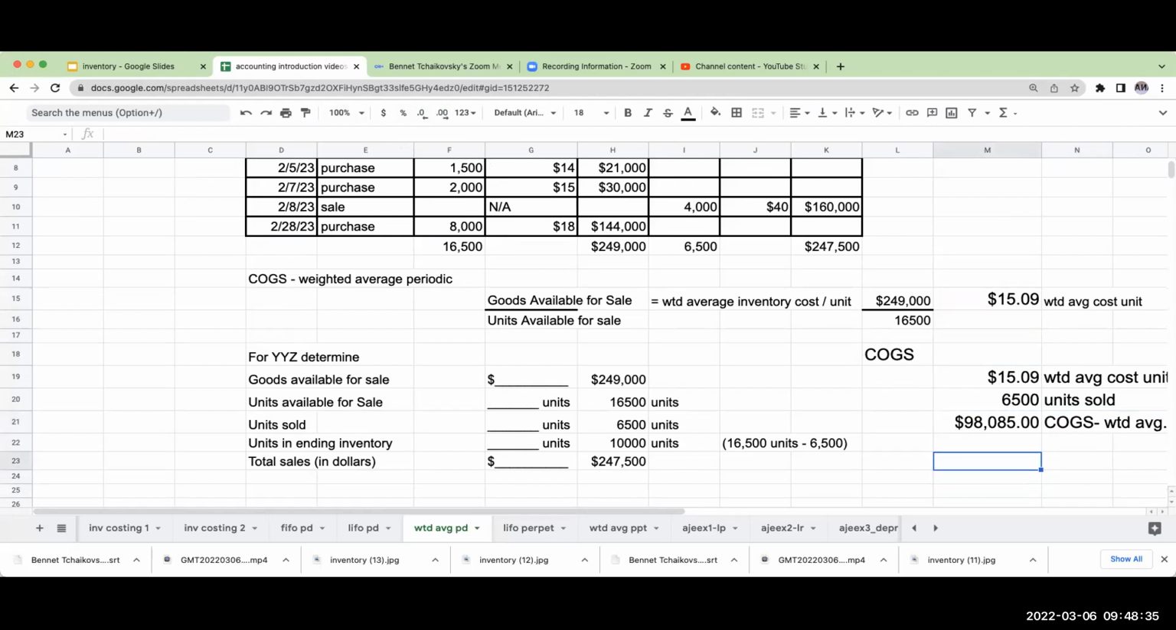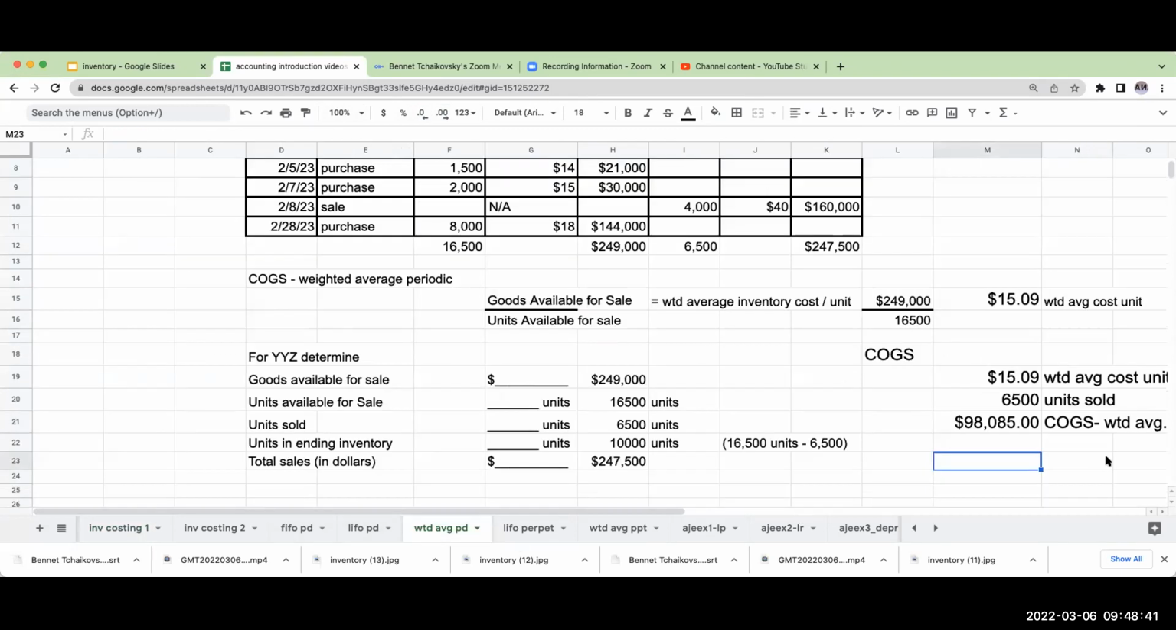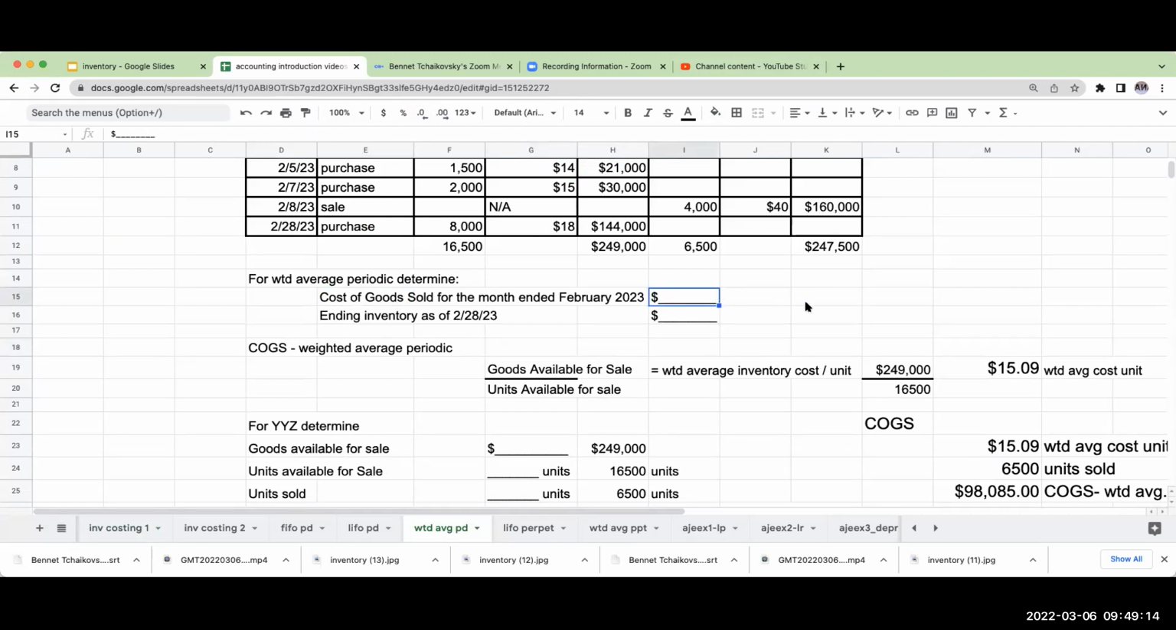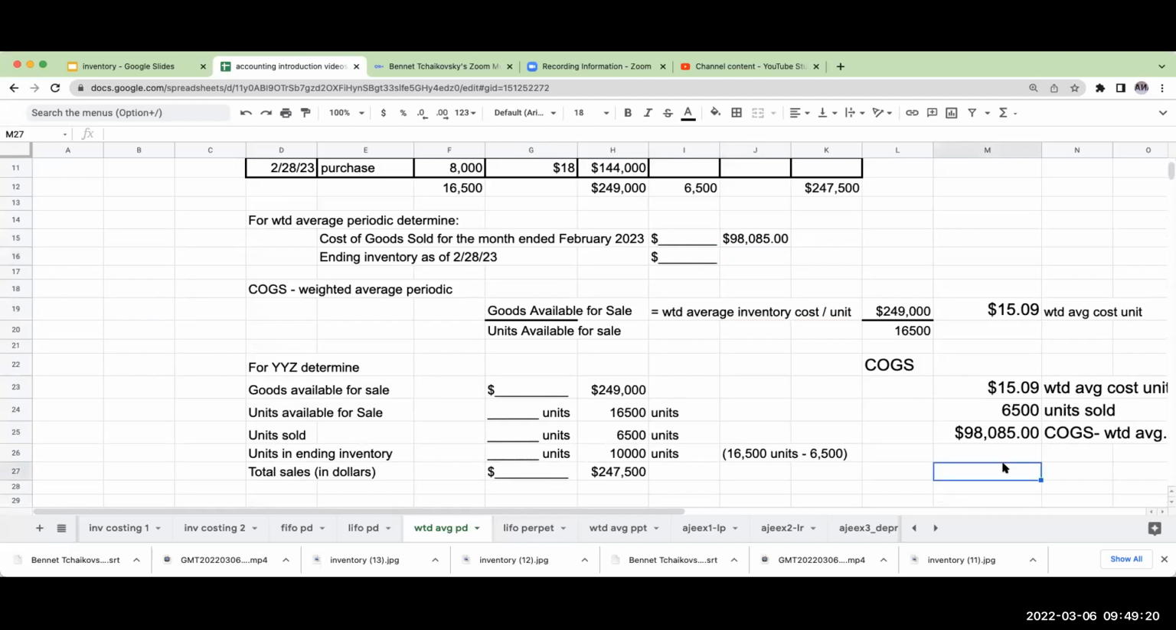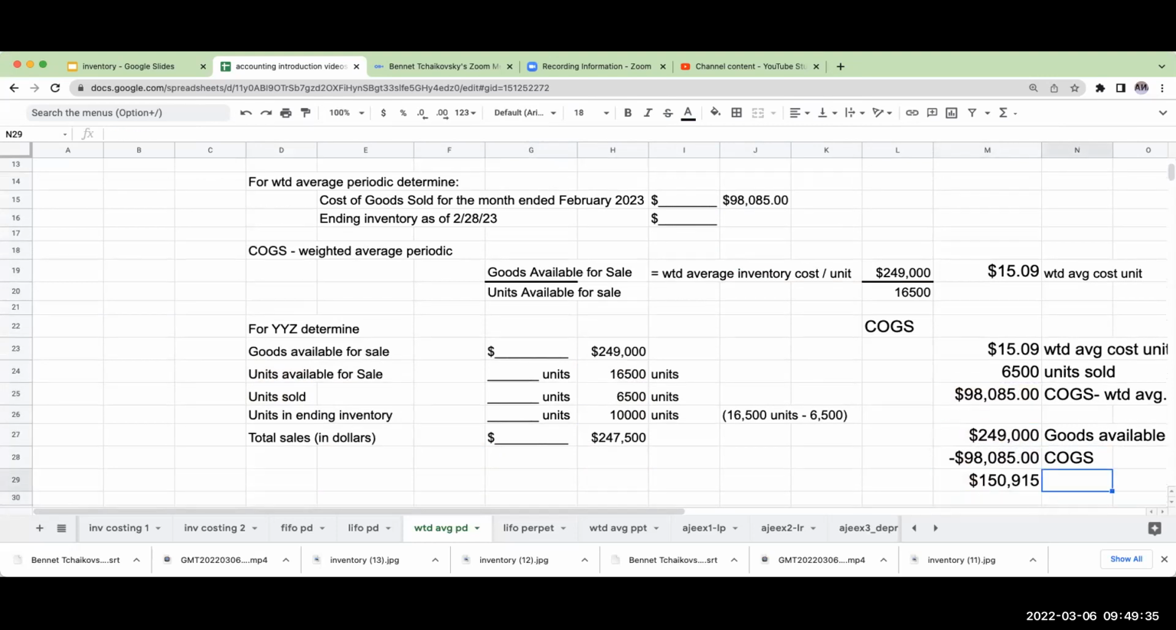So if I know my cost of goods sold based on the relationships earlier, I can now easily determine the value of my ending inventory. My cost of goods sold is going to be 98,085. What is going to be my ending inventory? Well, I can take 249,000, which is my goods available for sale, and subtract my cost of goods sold that I just computed. This gives me my ending inventory under weighted average periodic,